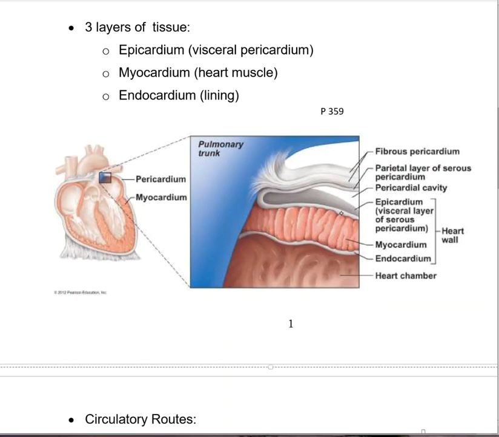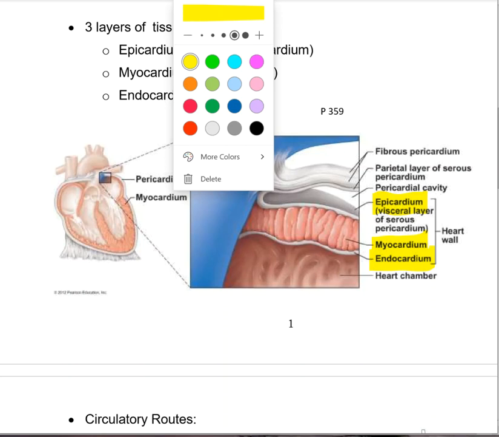So there are 3 layers of tissue in the heart, and then there's the outer layer around the sac. So the 3 layers are the epicardium, the myocardium, and the endocardium. Epi is the topmost layer. It's right here. This is the same thing as the visceral pericardium. And remember, visceral means organ, pericardium means heart. So this is the layer of the serous membrane that covers the